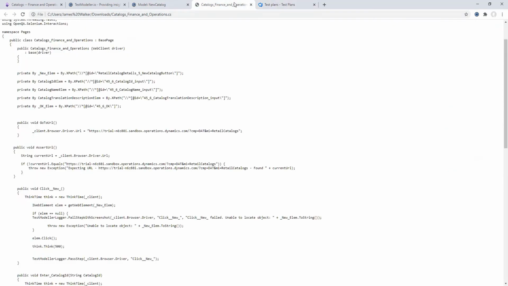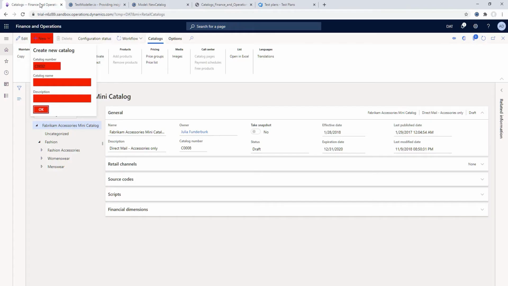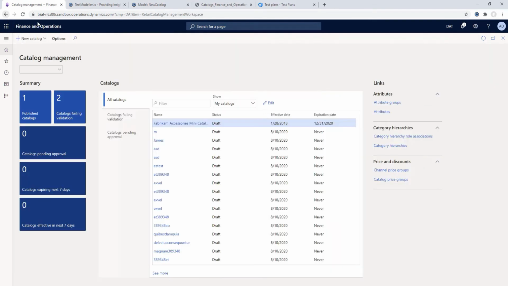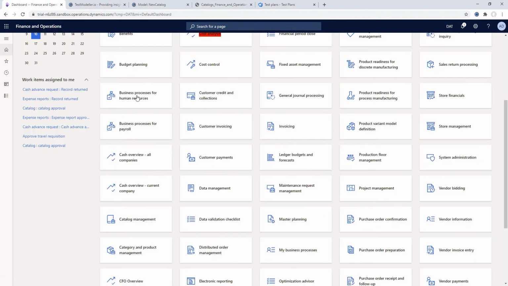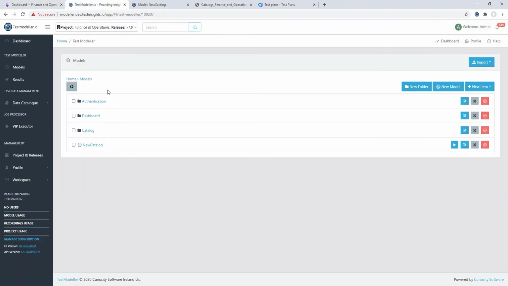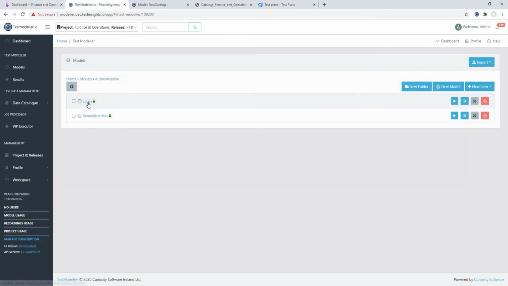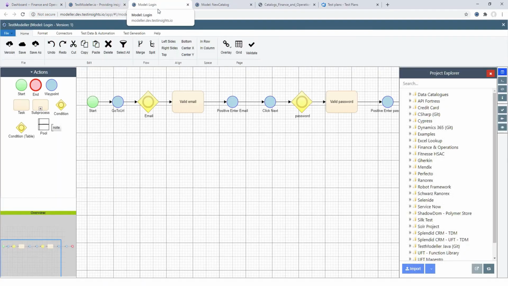Now in order to use our finance and operations piece here where we create a new catalog, there are many steps which precede this, where we have to click on various components, we have to go through the dashboard, and we have to perform a login. Now within Test Modeler you can come in and you can create reusable components, reusable building blocks, and that's exactly